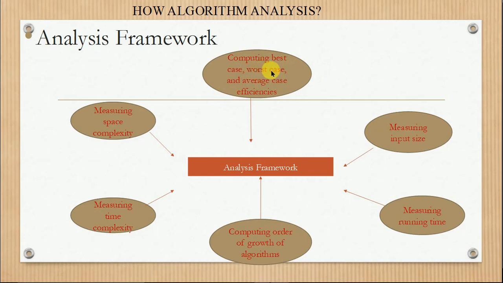So this is how we analyze the algorithm. A particular algorithm is analyzed by covering all these steps, and that gives you the analysis of an algorithm. So why is the analysis of an algorithm done? To perform well and efficiently, by taking minimum time or minimum space, right? So depending on which concept, either space or time, you need to compromise and design an algorithm.